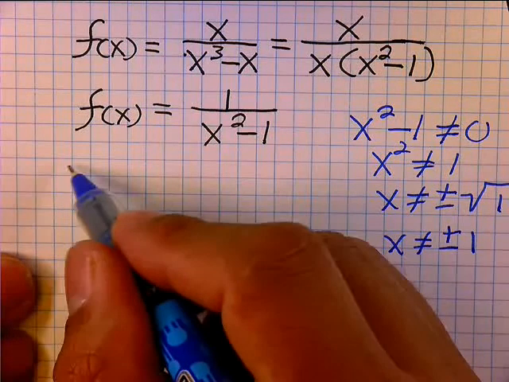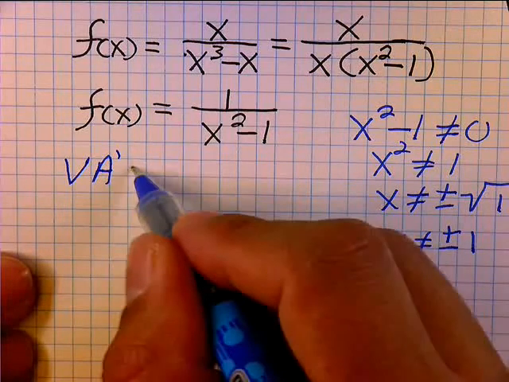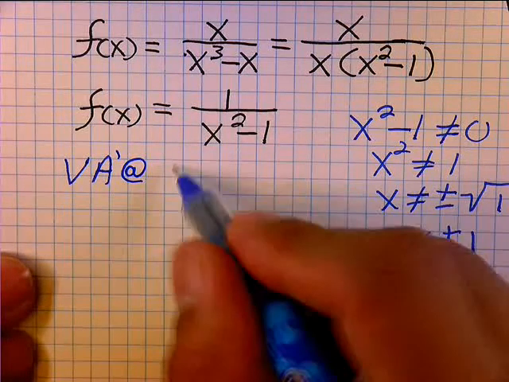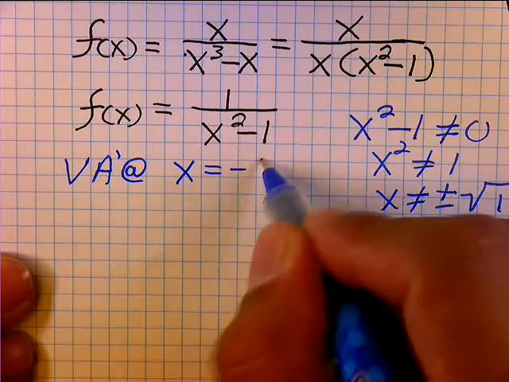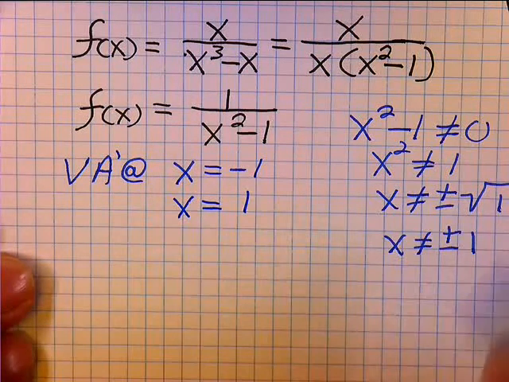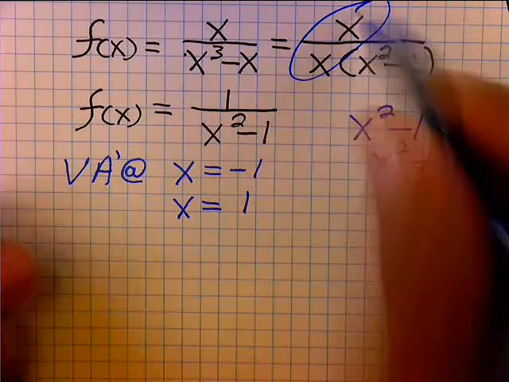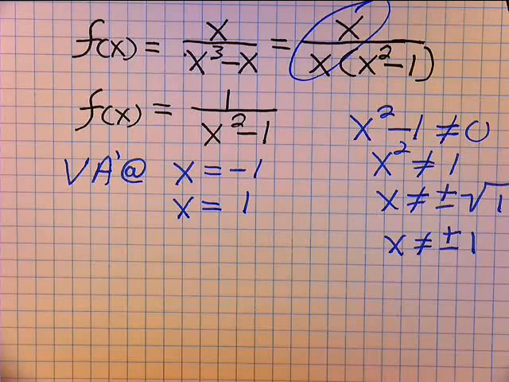From here, I now know that I have vertical asymptotes at x equals -1 and x equals +1. Very important that I reduced this before I came up with